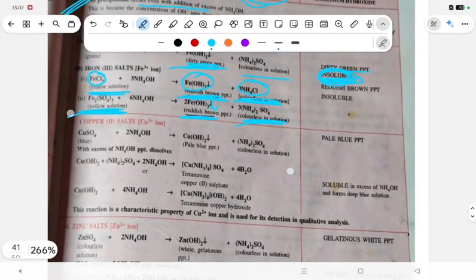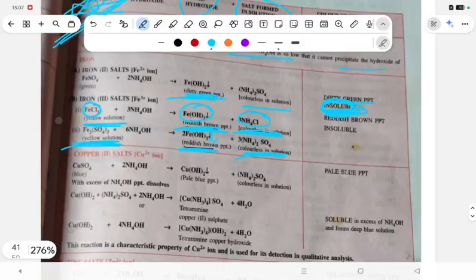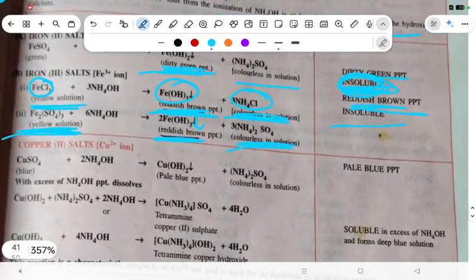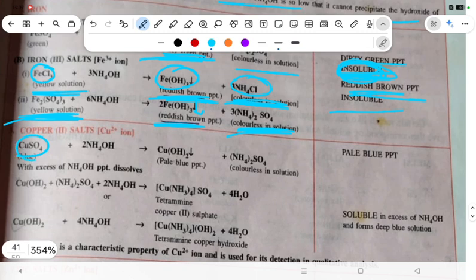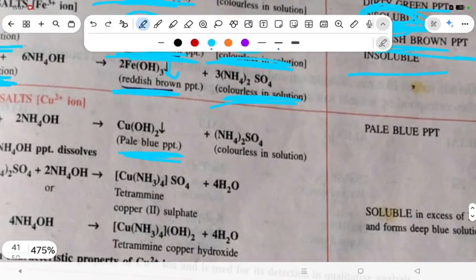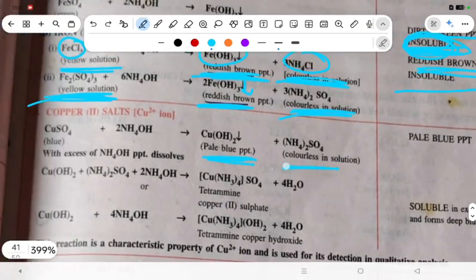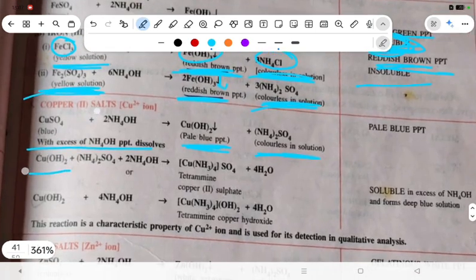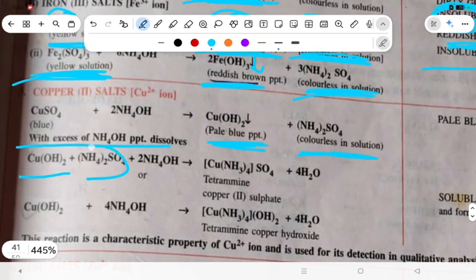Copper salts, Cu2 plus. CuSO4 is blue color, plus ammonium hydroxide will form Cu(OH)2, a pale yellow precipitate, plus (NH4)2SO4, again colorless. With excess of NH4OH the precipitate dissolves: Cu(OH)2 plus (NH4)2SO4 plus